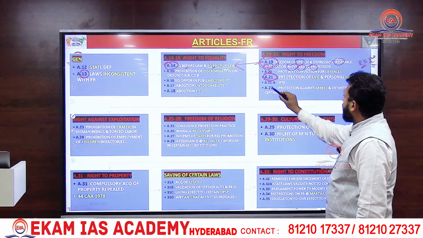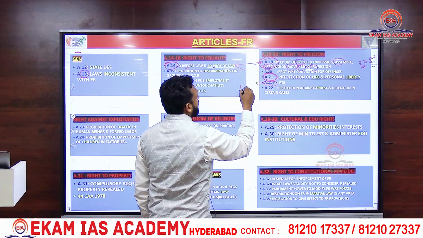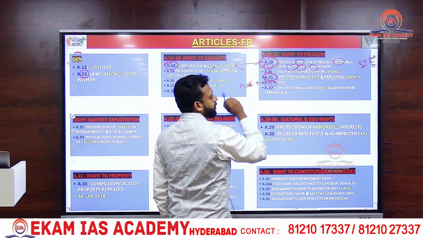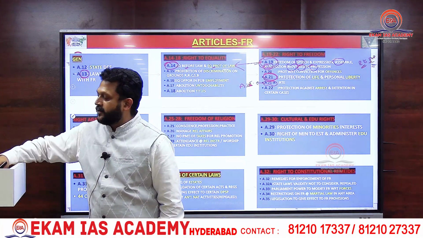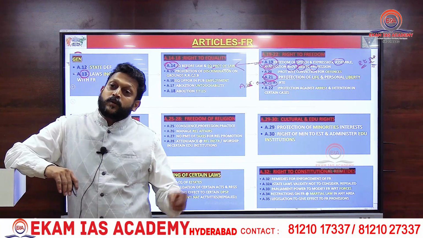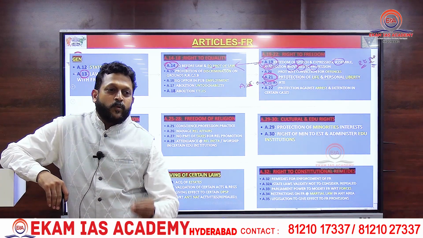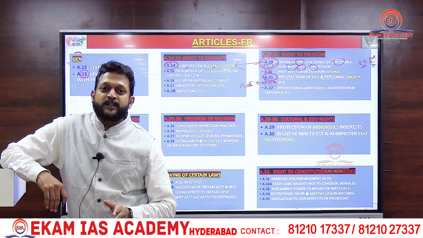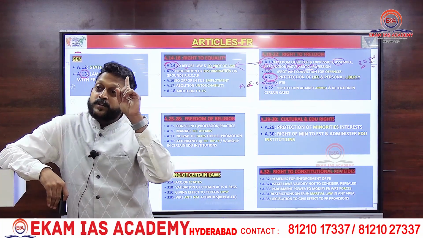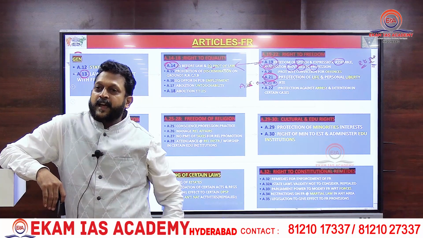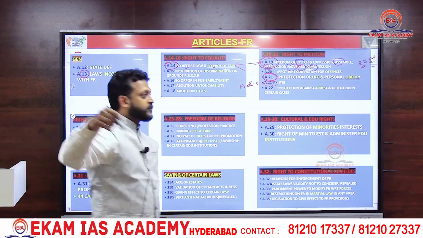Okay. And Article 21, please remember this one also. Corresponding to this is Article 45 of DPSP. What has Article 45 of DPSP told? Initially, in the original constitution, they told that within 10 years please implement all the measures for free and compulsory education till 14 years, from birth to 14 years. That is the original Article 45. Thereafter it was amended in 2002 saying 6 to.